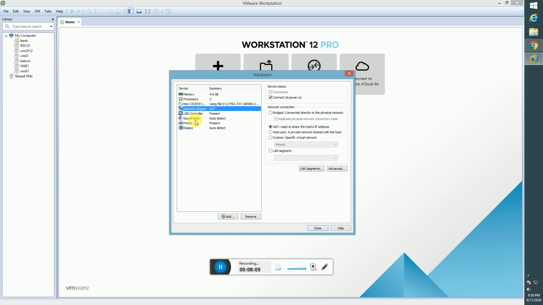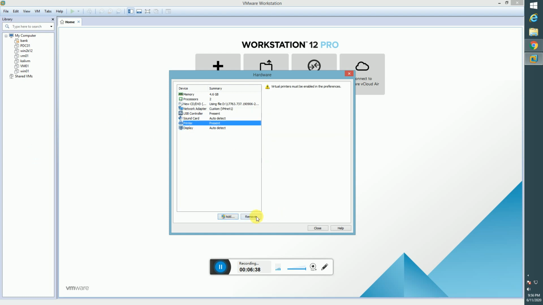Next option is networking. In the networking option, there are multiple options. I have created my own virtual network, virtual LAN, with 2 different subnets: one is VNet 1 and one is VNet 2. Most of the machines I keep in VNet 1, so I am selecting VNet 1. The bridge option is used when you want to connect the machine to the internet. If you want an internet NIC, at that time you will select bridge.